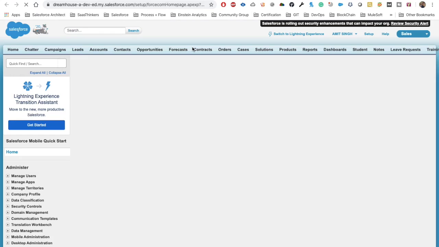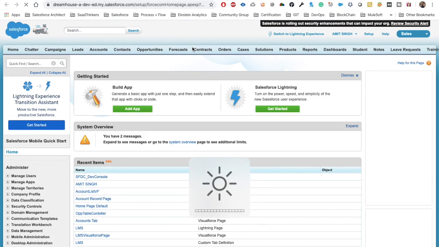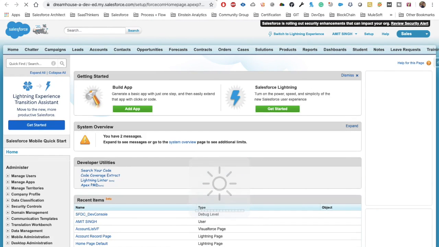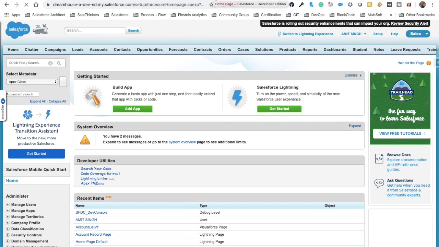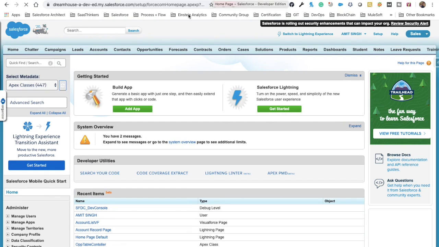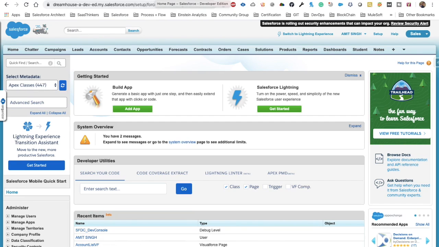If you see here, the color favicon is changed for this particular home page, and the color favicon is changed for this environment, and you can even customize it as per your need, for what instance you want what kind of color. So if you go there